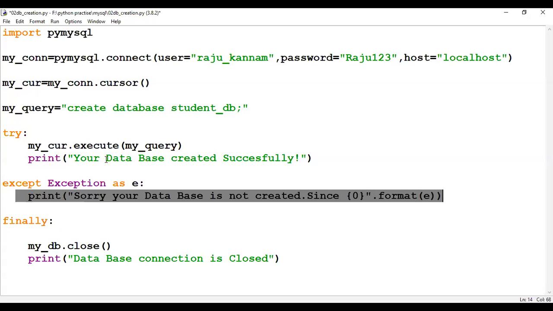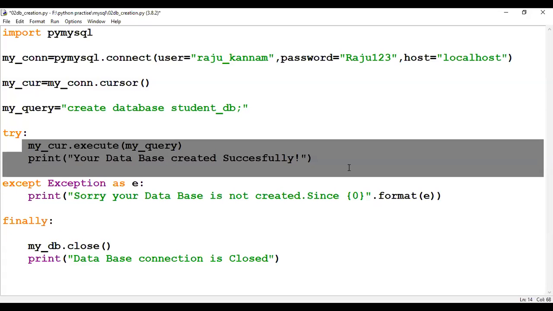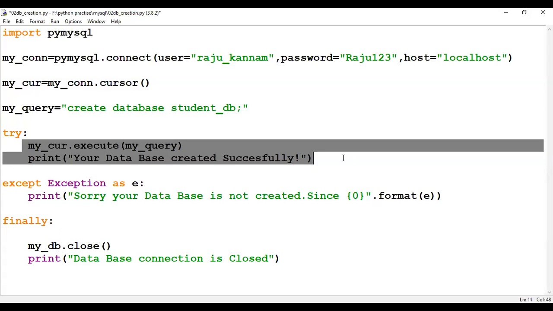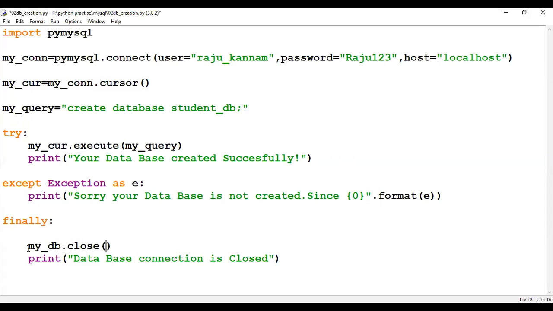So either the try or the except block will be executed. But if the database is created, then who will close the connection? Once your work is over, it is your responsibility to close the connection with MySQL. So whether your database is created or not, you obviously have to close the connection.